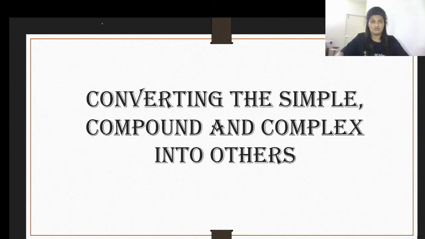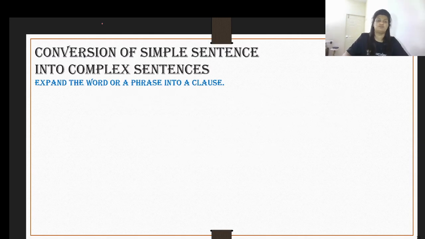Now let us move on to the next one, where we are going to convert simple sentences into compound and compound sentences into complex, and back into simple and compound. I'm going to take you through each of these statements and each of the rules that you need to apply and help you figure it out. It's not that difficult. If you focus, you can easily convert them from simple to complex, complex to compound, and back into simple. It's really easy.